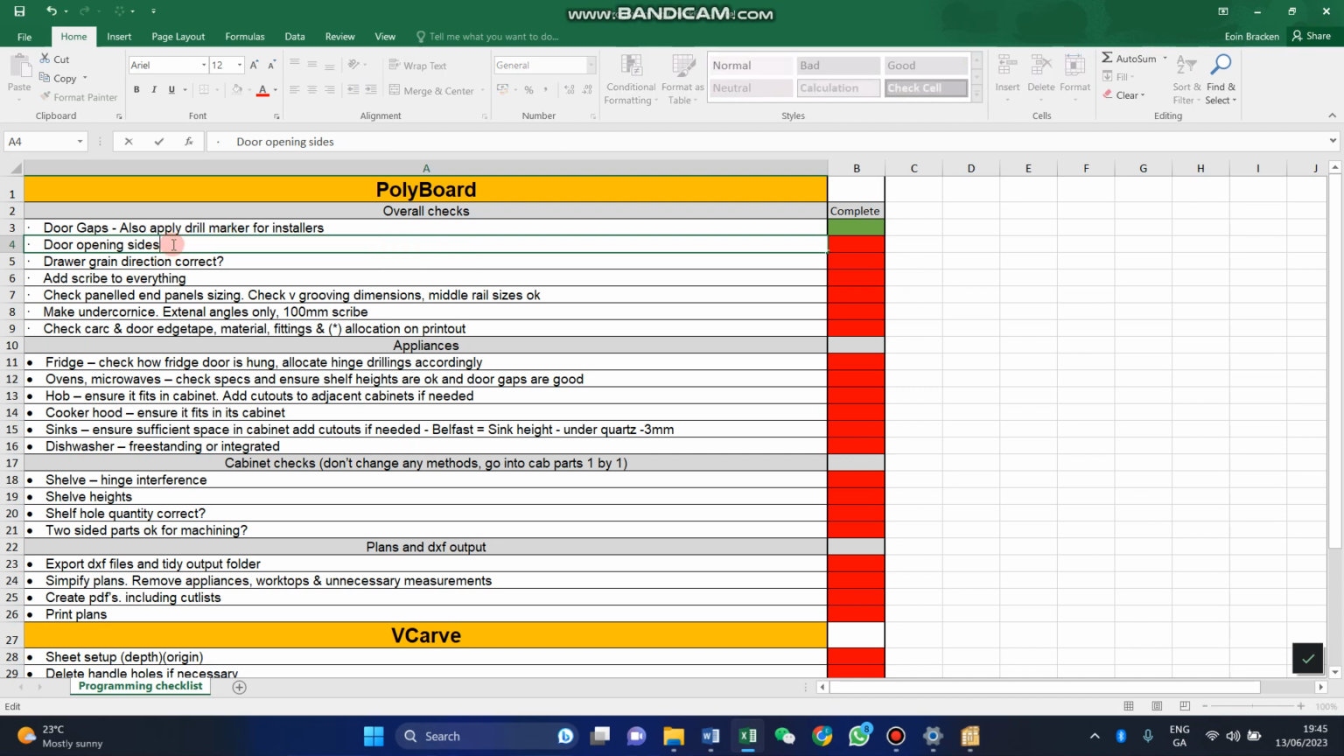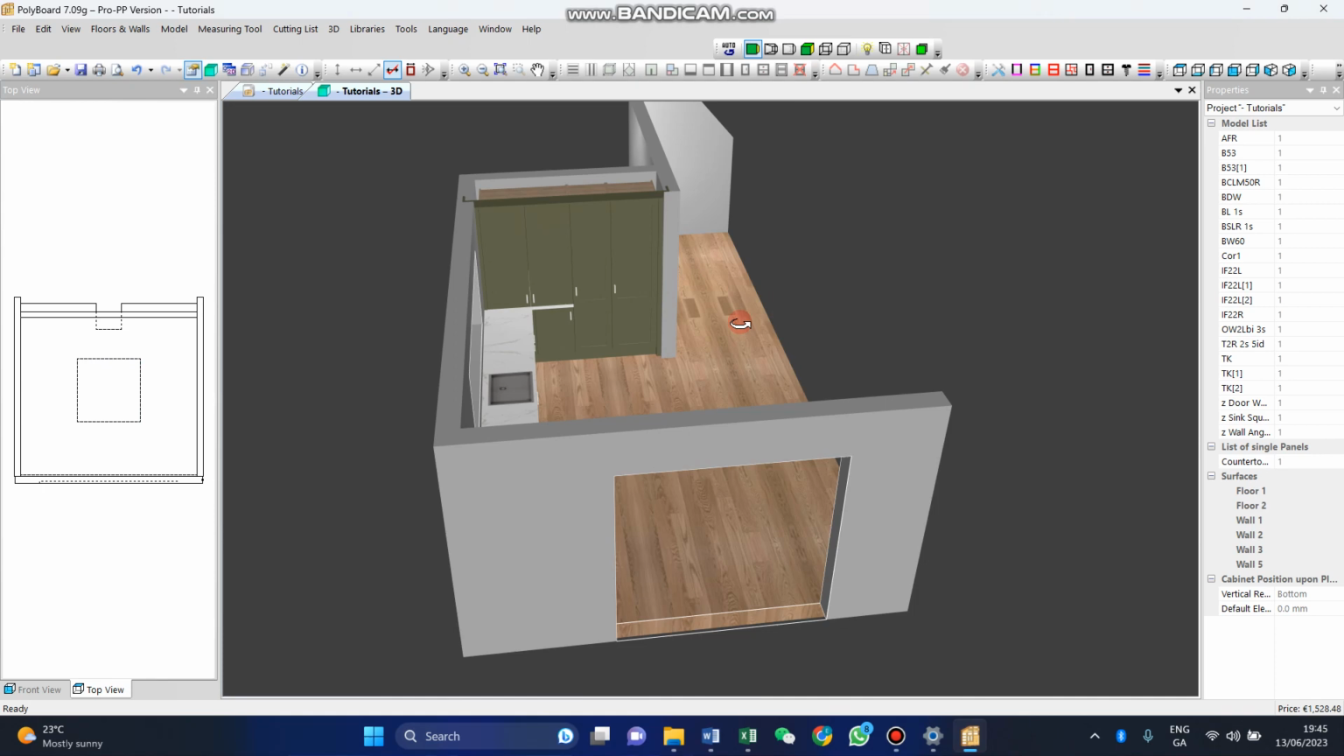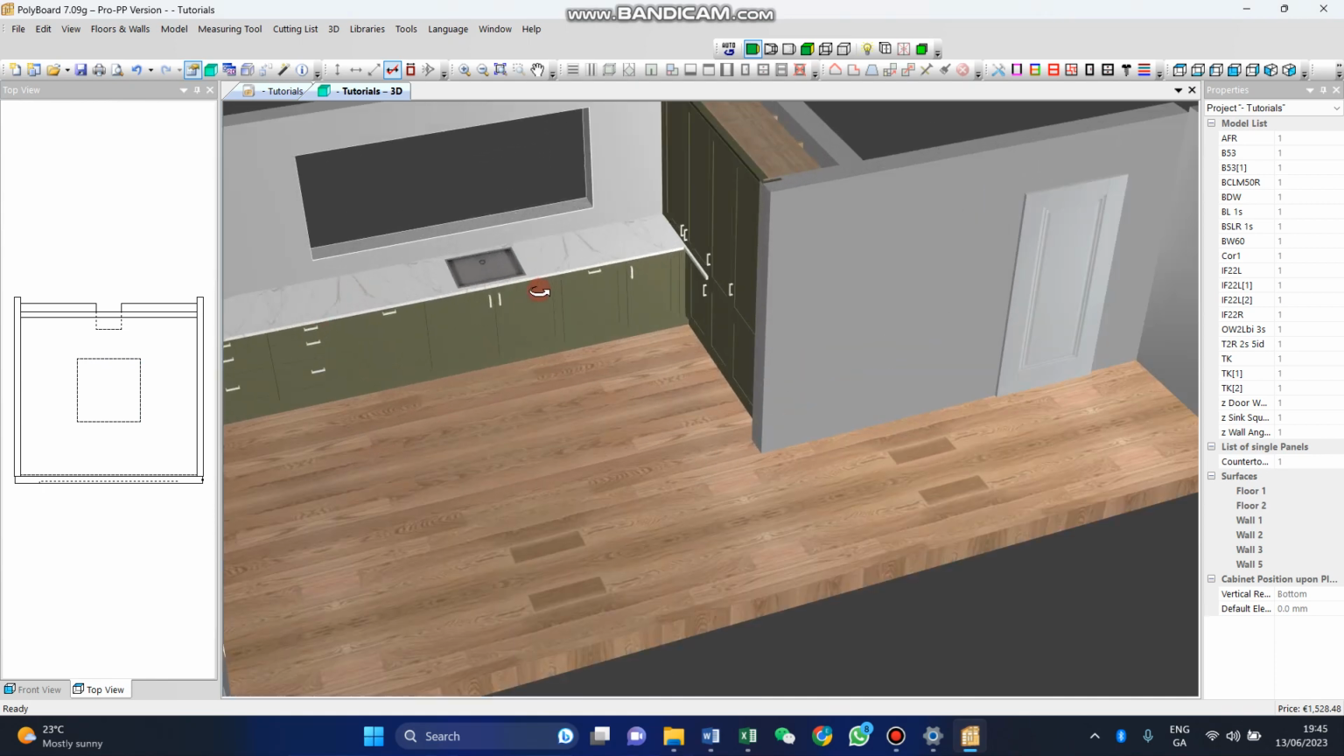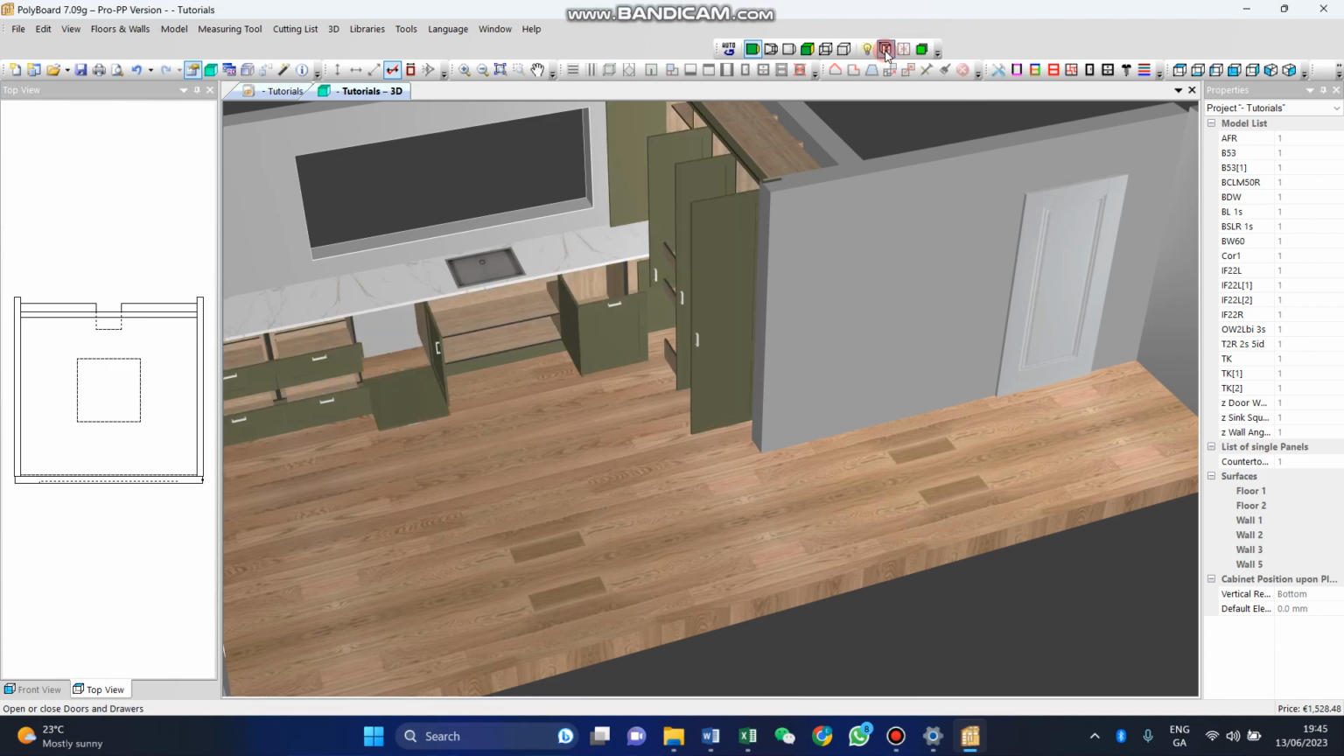Door opening sides. That's just a check on whoever drew it to make sure that the doors are actually opening the correct way. So the way to do that, up here there is a little white box called doors and drawers, and you can open your doors. If you click it again, if you get rid